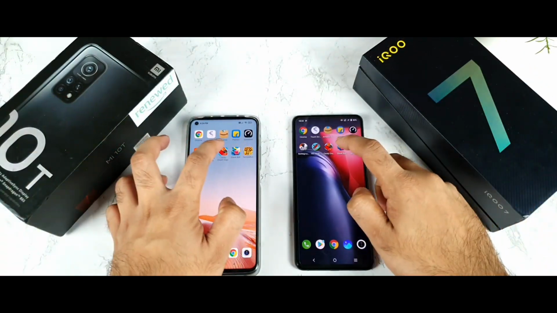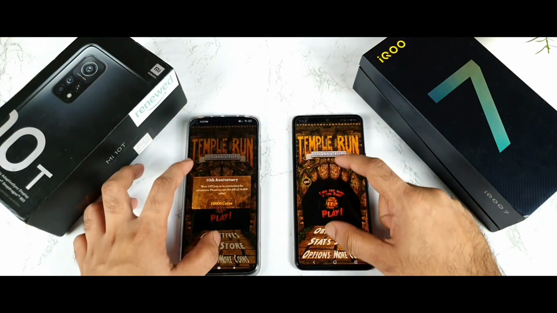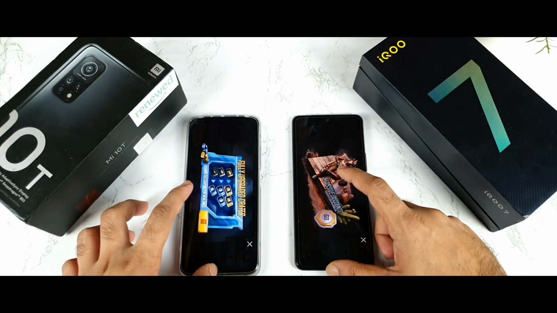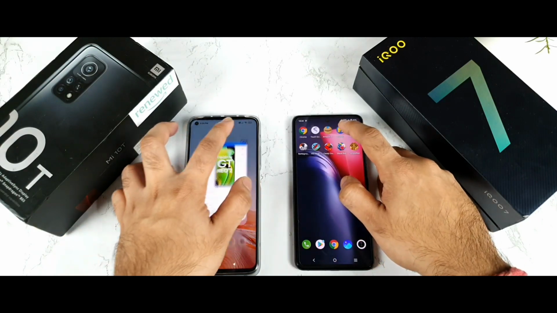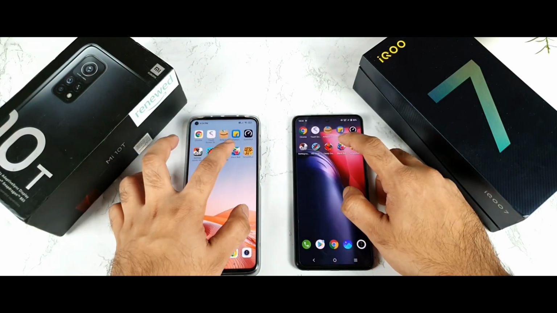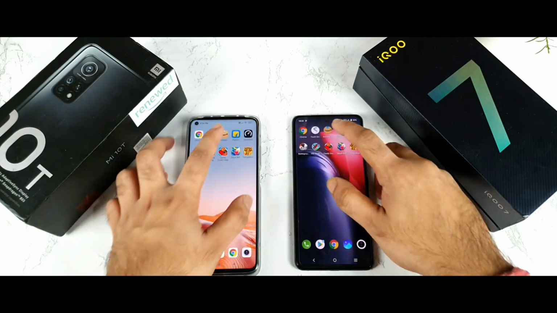getting refreshed. So let me try to select the alternate games and try to open the alternate games just to check what's happening with the RAM management again. Wow, that's pretty fast. That's pretty fast loading, no issues. As you can see, friends, how the reaction speeds are. Pretty fast reaction, not much time taking anyway.